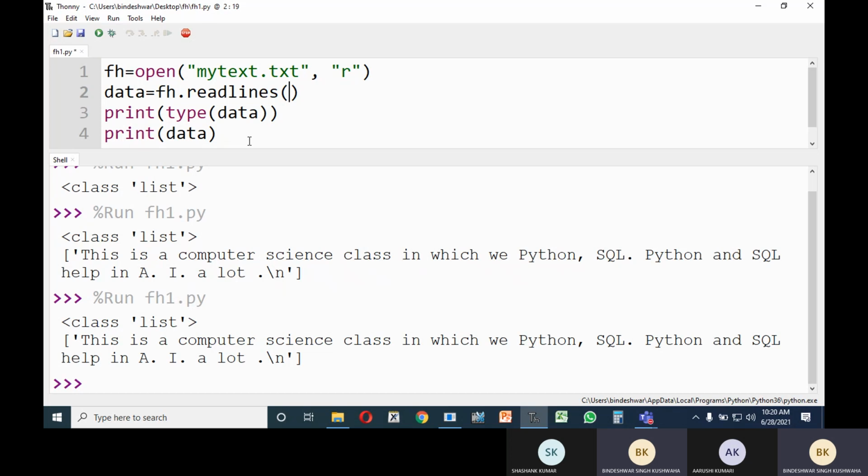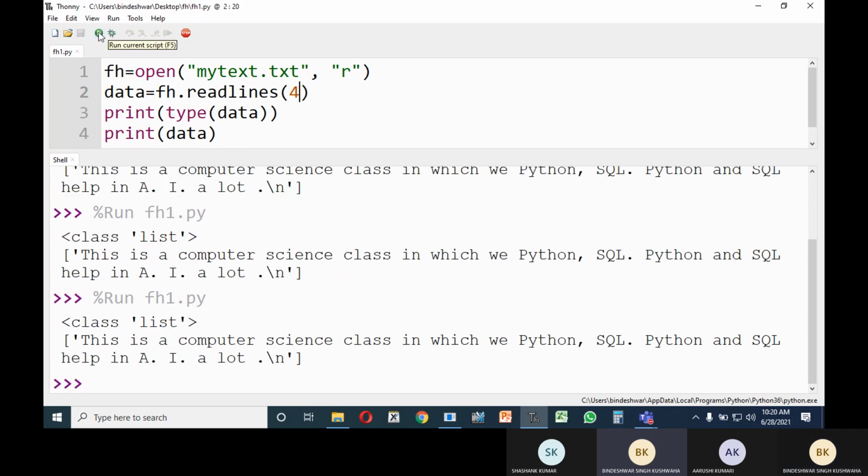If I am using 4, it's still the same thing. I will see why I am getting the same thing, only one line.